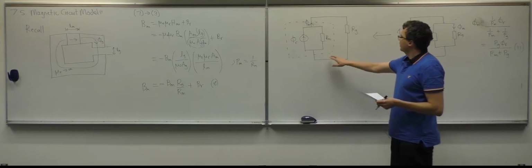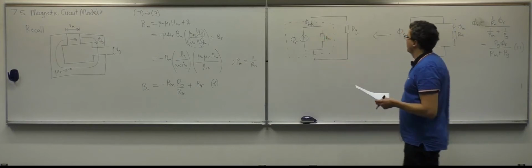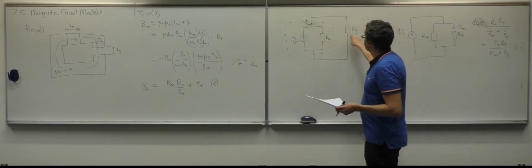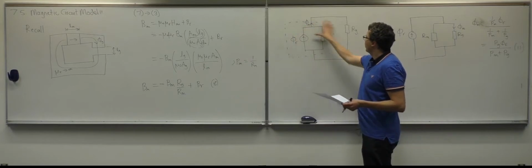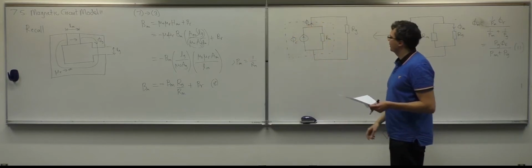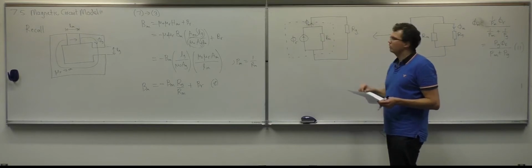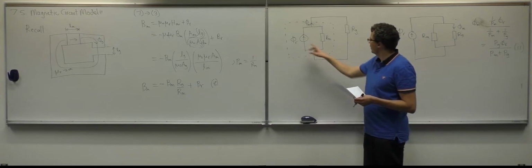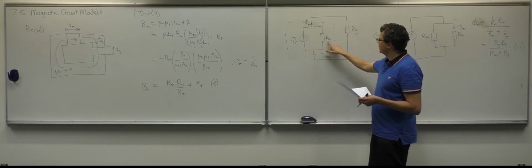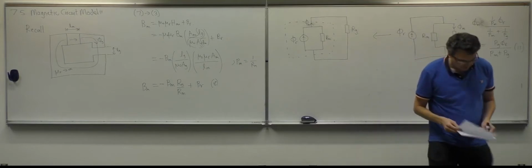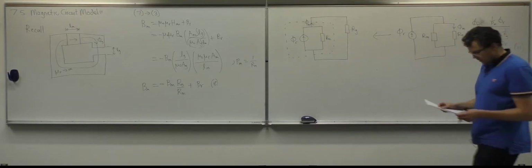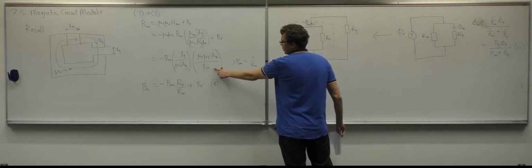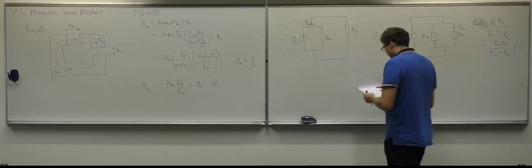Where this in the dotted line is the model of the magnet. So if we go back, we can see that this is the reluctance for the air gap, and this whole piece here represents the magnet in a magnetic equivalent sense. So what is this telling us? This is the reluctance of the magnet. If we look back at the equation here, this is the permeance of the magnet, 1 over reluctance. So the magnet reluctance